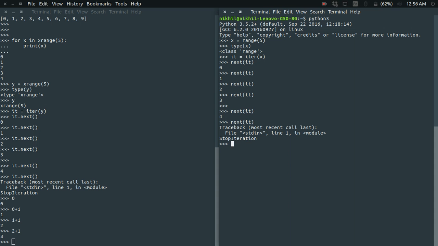And one more thing, let me tell you that there is nothing like xrange in Python 3. So this was all I wanted to tell you about range and xrange,